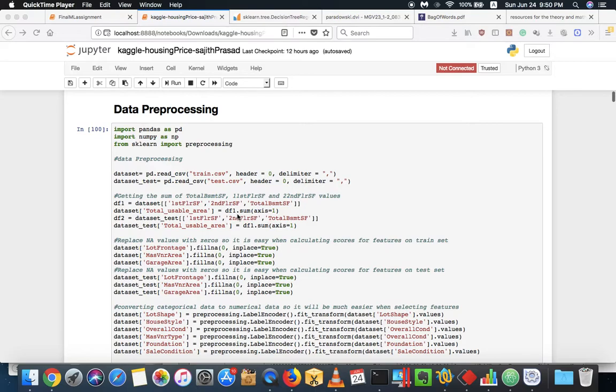So it's not actually a missing value, it's not there just because the house doesn't have that feature. So what I did was I didn't use mean or something. I just put zero values to those kinds of fields. And